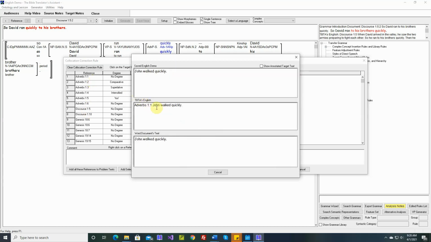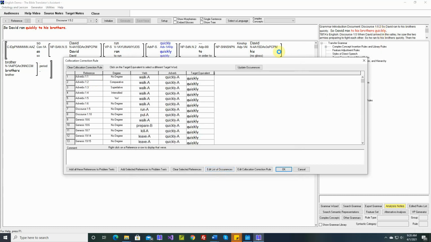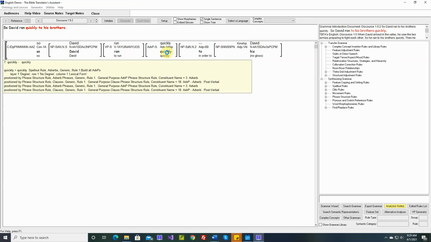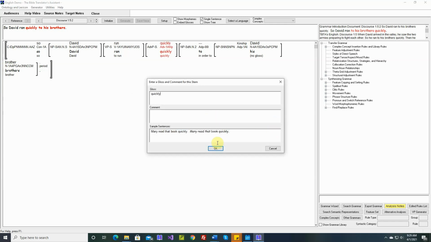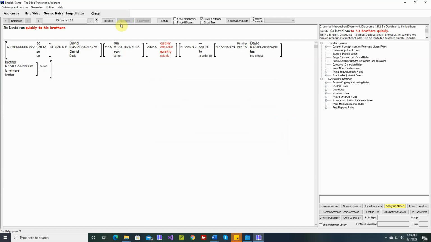John walked quickly. Here it's hard to say. Is quickly post-verbal or clause final? Either one is fine there. Here, the MTT is making it clause final. So if we change, I think it's set right now to post-verbal. Yeah, location and clause is post-verbal. Let's go ahead and edit it here. We'll change it from post-verbal to clause final. And that won't affect those other sentences. So now if we generate this, okay, it's still there. It's clause final.